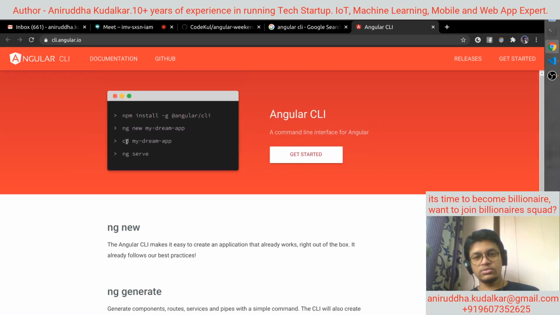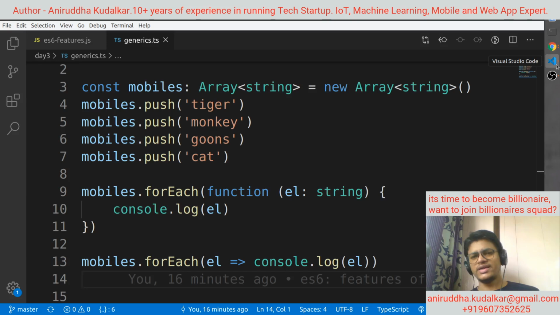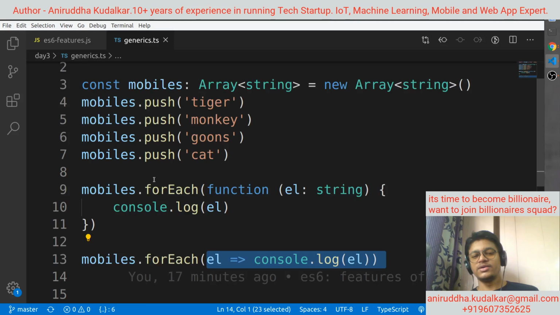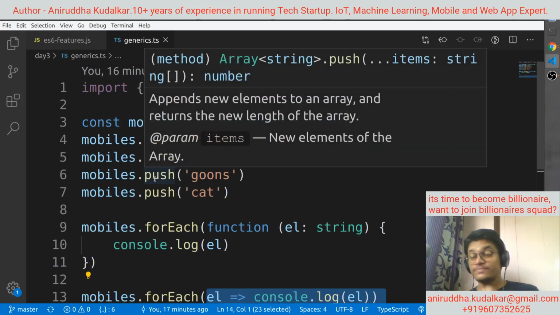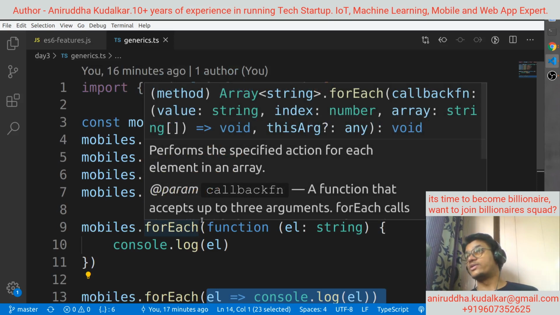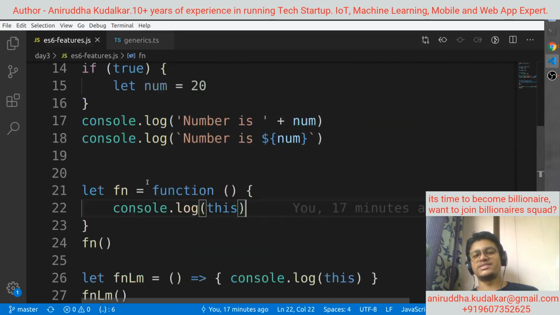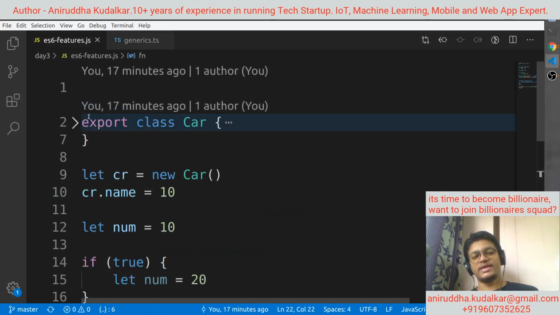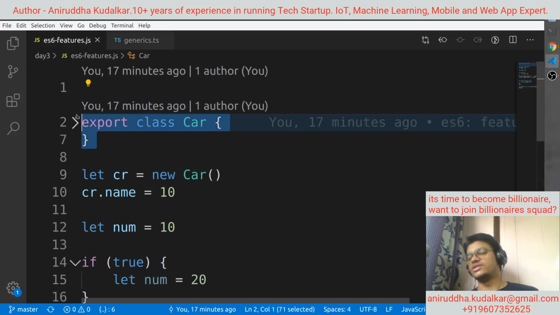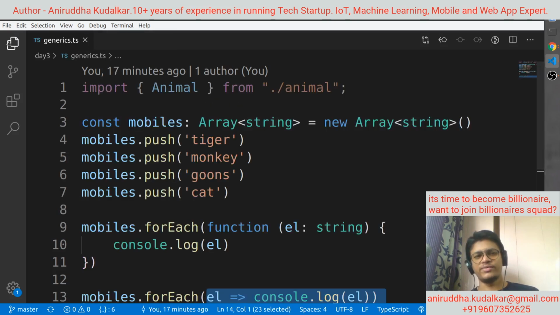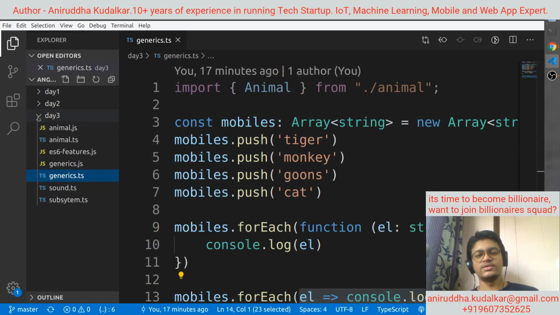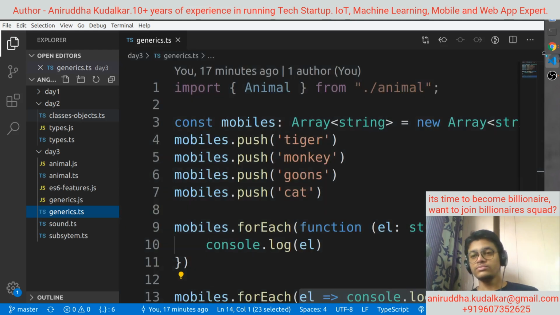In Angular, we are not going to use ES6 as such, right? But some of the features, can you see this? Lambda is a feature of ES6. We are going to use let in Angular. We are going to use expressions in Angular. So those are coming from ES6. That's why I have explained that. Even the export keyword, creating the class, all these are features of ES6. TypeScript is also having them, and TypeScript is much more mature than ES6. That's why we are using TypeScript, right?